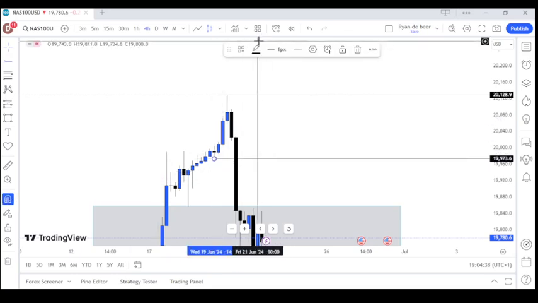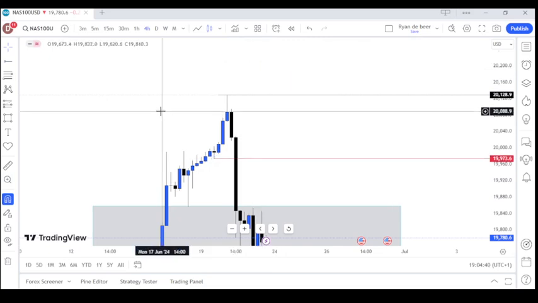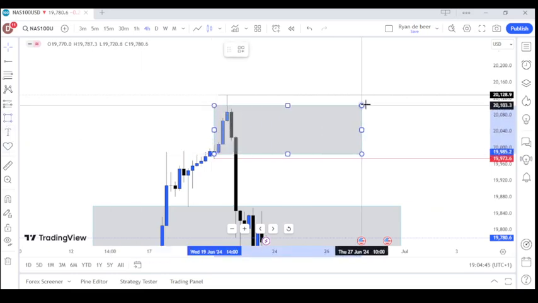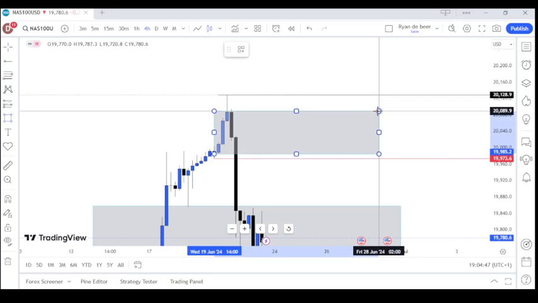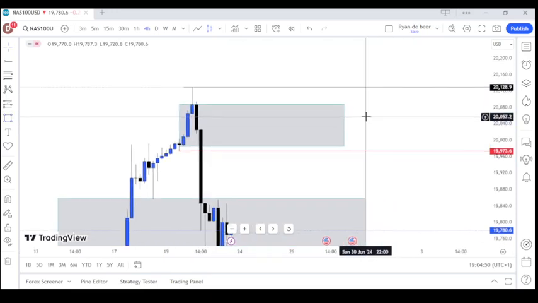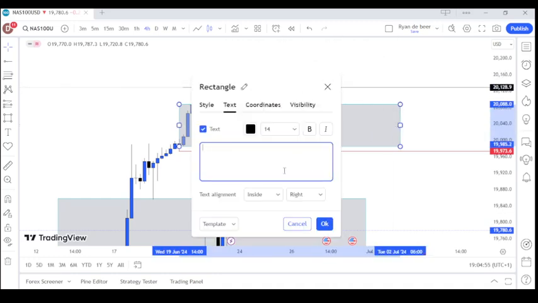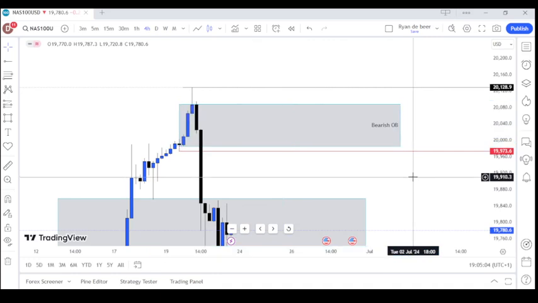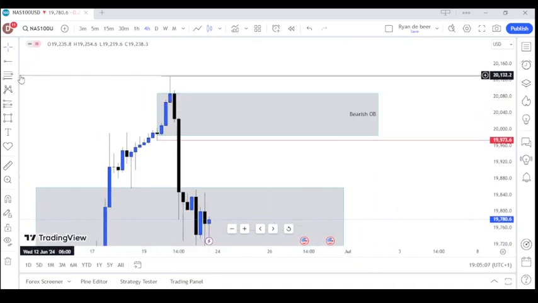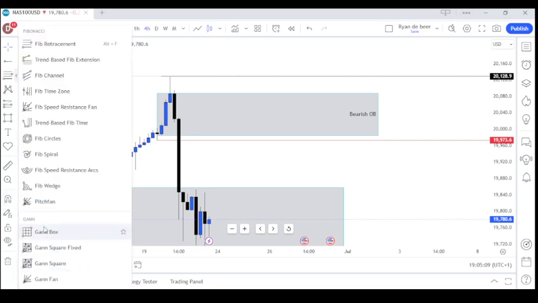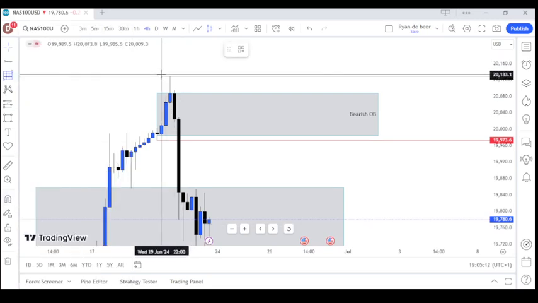There, we did break structure towards the downside, and we did form this bearish 4 hourly order block right over here. So you can see that's a bearish 4 hourly order block, and if you take your Gann box, which is used to mark out